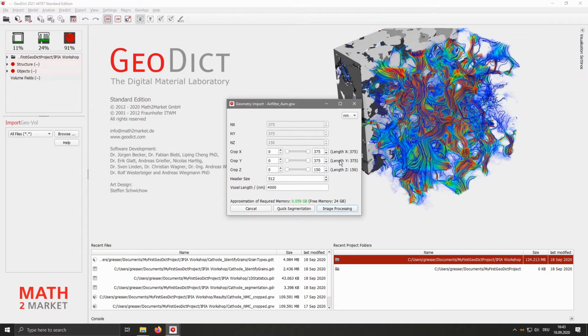We see again everything is entered in this mask, and there is a size of 375 voxels in X and Y direction and 150 voxels in Z direction. And the voxel length is 4 micrometers. Now we open this file in image processing.